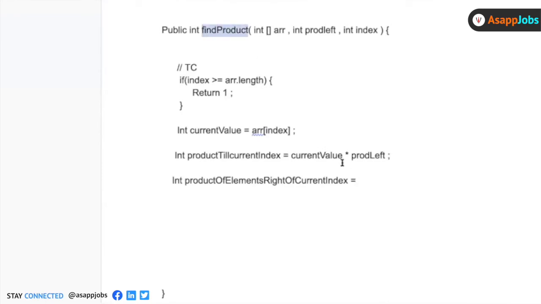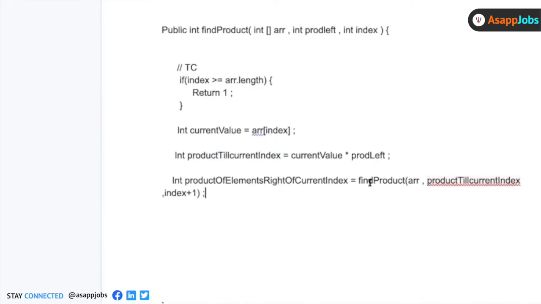This method says that if I pass the array and the value of the elements to the left of it, then, since I want to know the product after this index, that position will be index plus 1 till the last element. I want to know the product of all that. So in order to know that, I can call this function, but instead of product left, I have to pass this value, product till current index, and I give index plus 1.